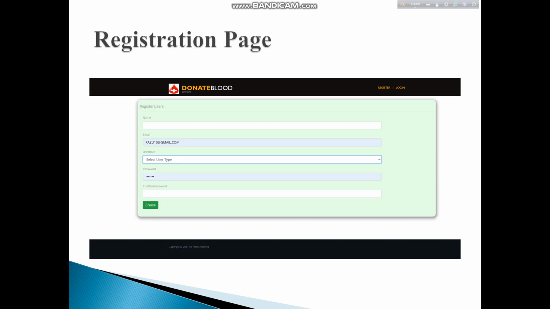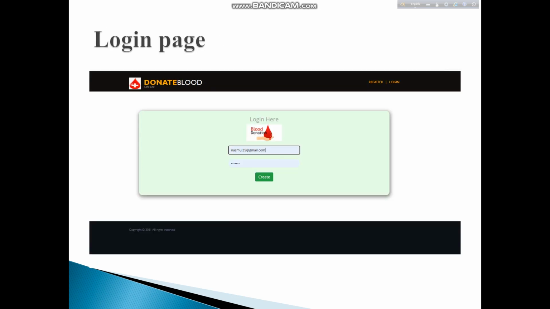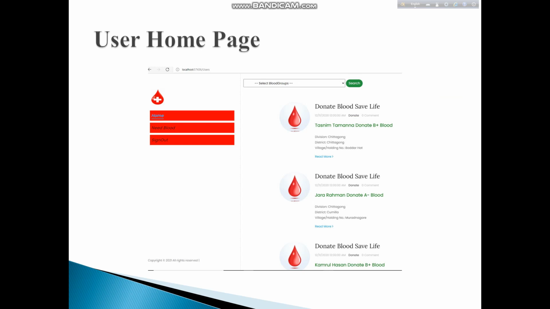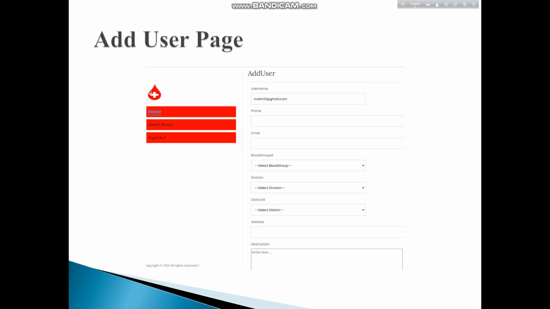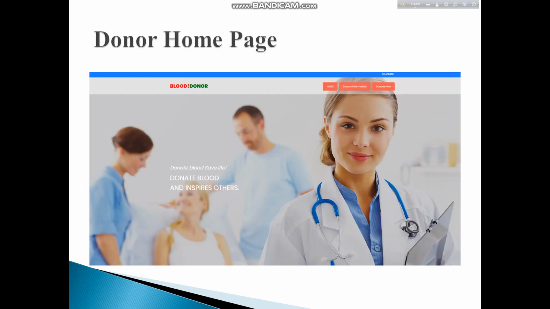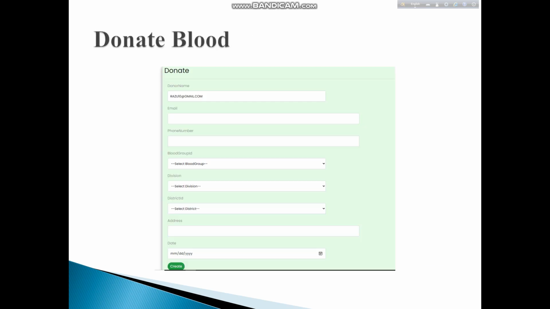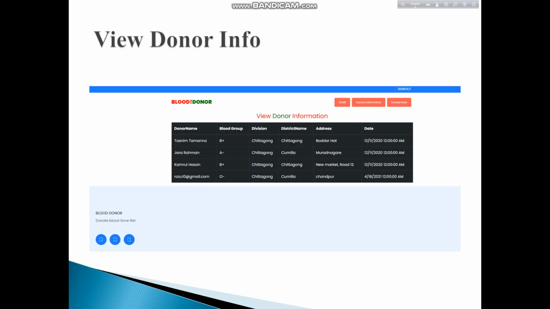and this is the registration page, and this is the login page, and this is the home page of user. This is the add user page. This is the donor home page. This is the donate blood home page. This is the view donor information.